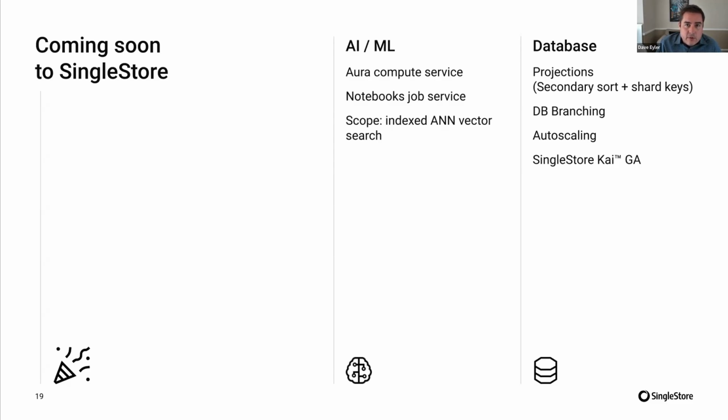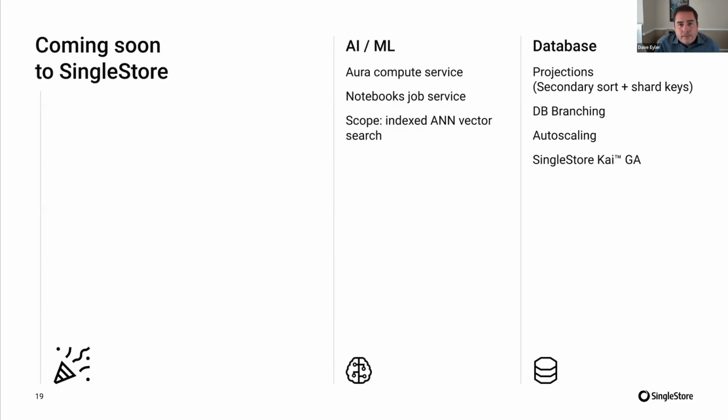One of those features, which I'm going to call out explicitly, is the Notebooks job service. Today you can go in there and create your different jobs, and we're going to make it that much easier for you to schedule the job inside of the notebook interface and run it however you need to in order to get your data in the right state, without having to use an outside service to